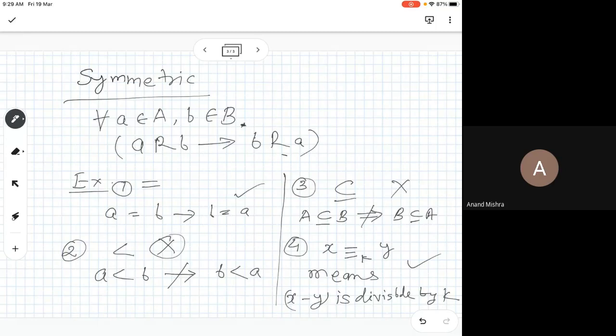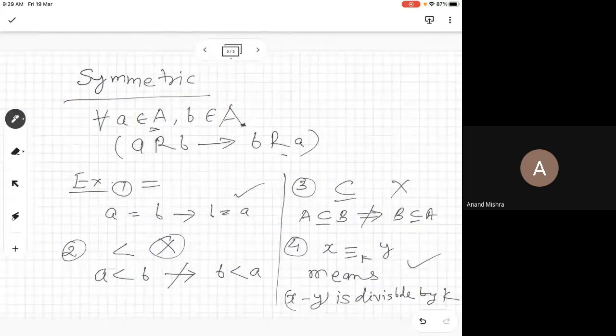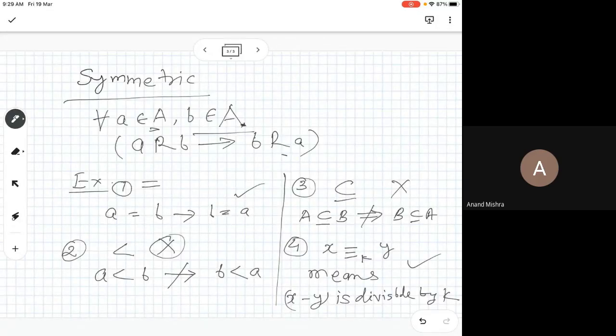Here, don't confuse this a. Sir, I'm talking about the definition of symmetricity. Correct, thanks for correcting. So that should be A, because whenever we are talking about a relationship, we talk about one set where we define it. But this a, b, don't confuse with that a, b. These are any other random sets. And x congruent to y mod k also implies y is congruent to x mod k, because x minus y is divisible by k. That means y minus x is also divisible.